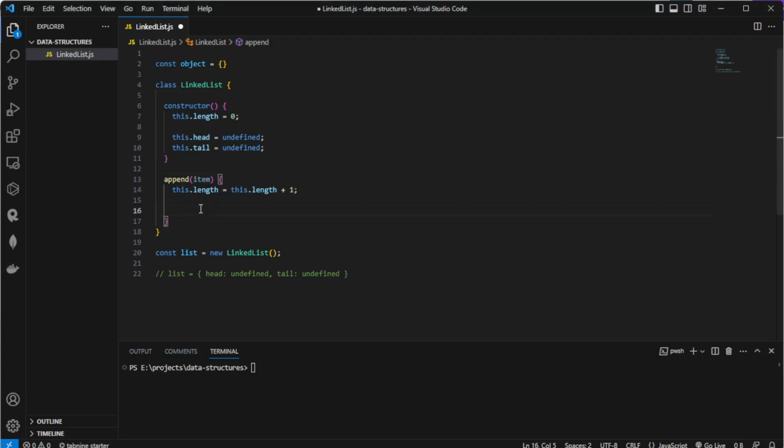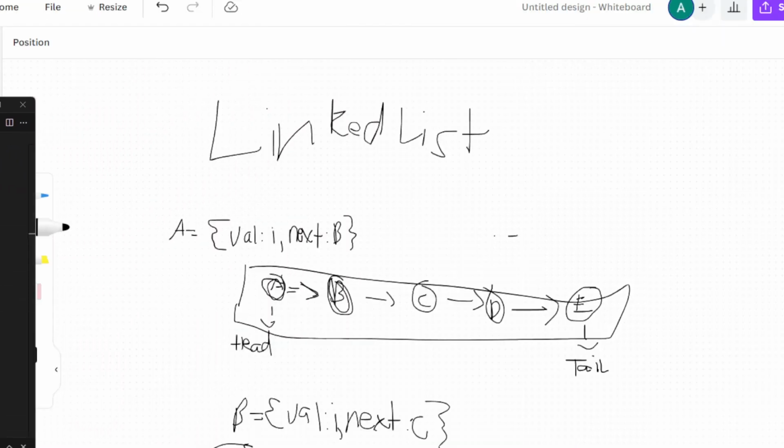Okay. So if we're going to append, then we need to know if a tail exists or not, since basically we're going to append this to a tail. For example, in this example we have a tail, letter E, and we will append, let's say, the node, letter F. To do that, we need to know if this tail exists or not. So we'll just say if this.tail exists, then we can do the append operation. But if it does not exist, then